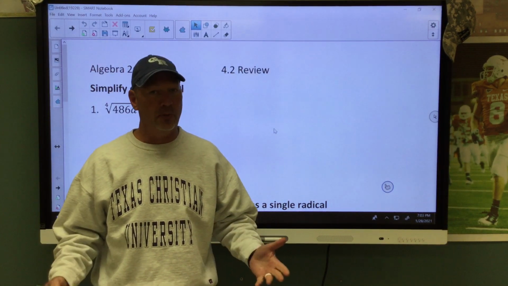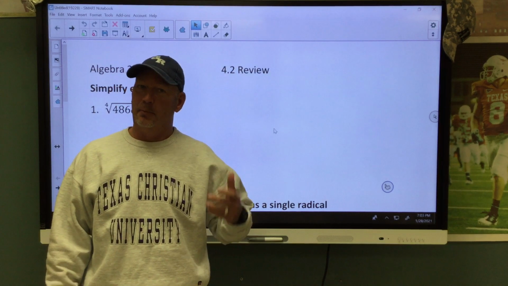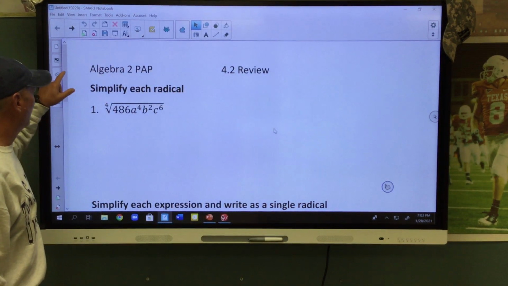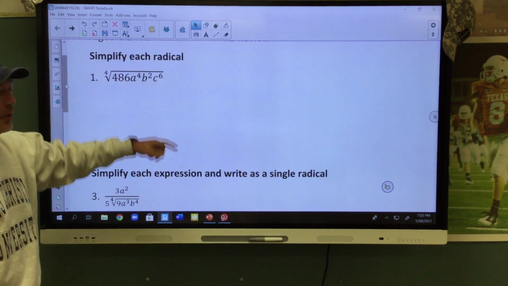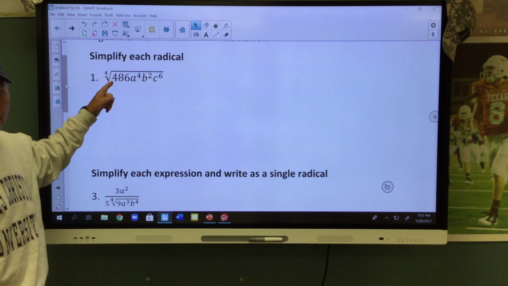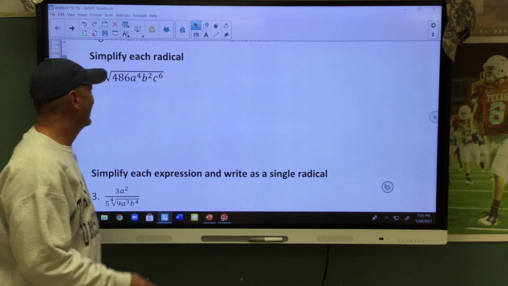So I'm going to do a bunch of problems. This may take me a while, but we're going to get it done to hopefully get you ready for the test. Okay? All right, first one they're going to ask you to do is simplify the radical. Okay? This is a big number. We're looking for groups of 4. But look, this